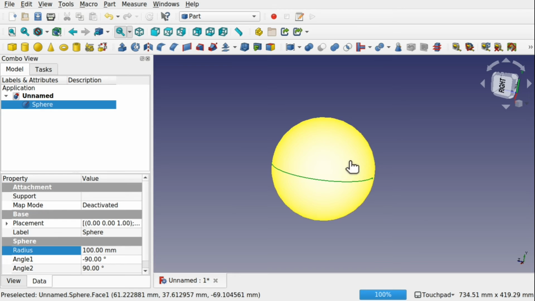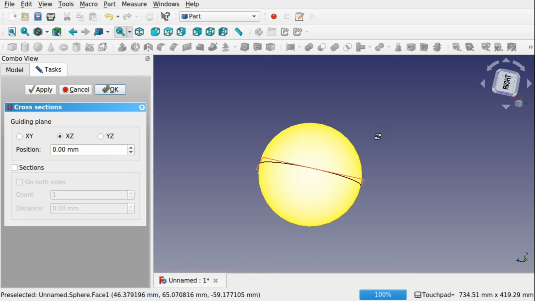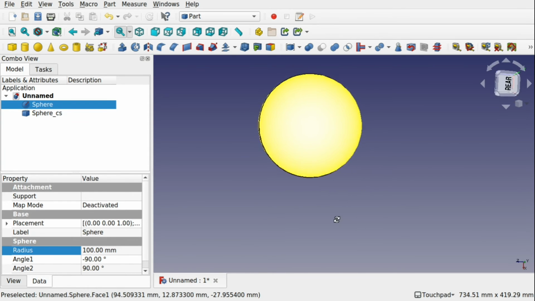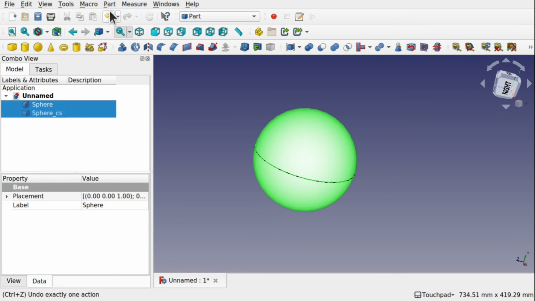And I'm going to just click on it and put a section view. Sorry, not a selection view, a cross section through that, like so. And change that to go along there. Hit OK. We've got that now. And I'm going to click on the sphere, control click the sphere CS, that section. Go to Part,